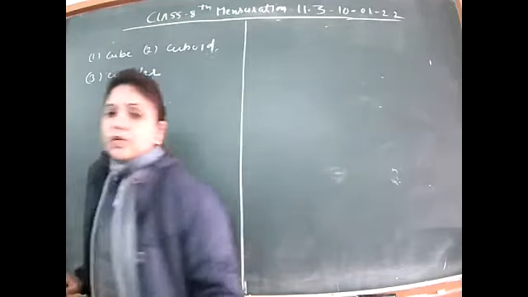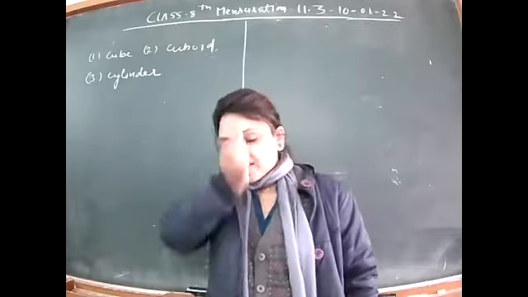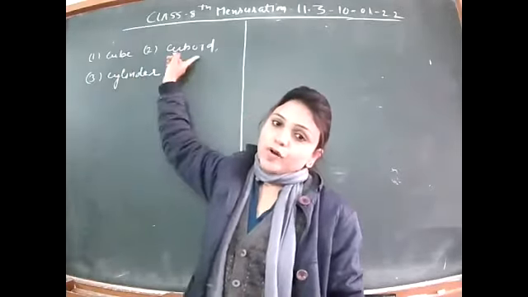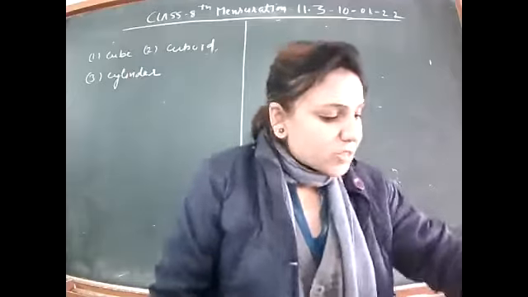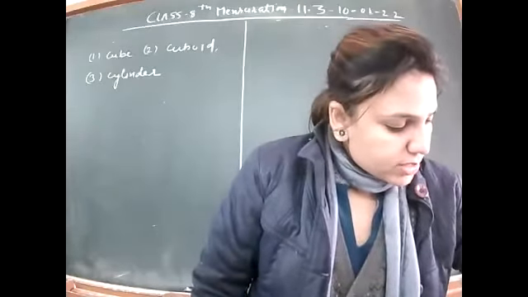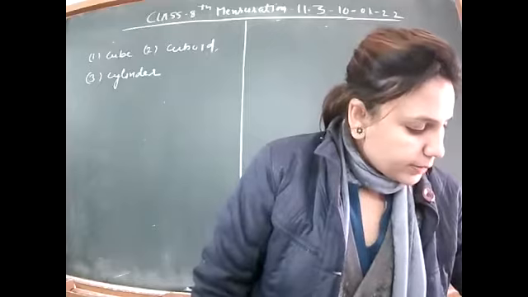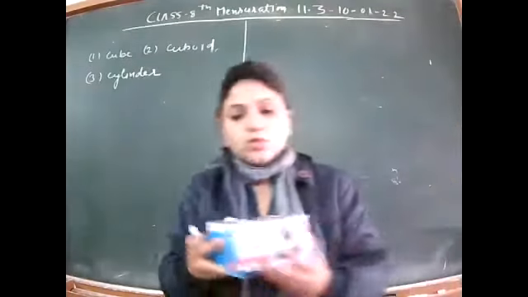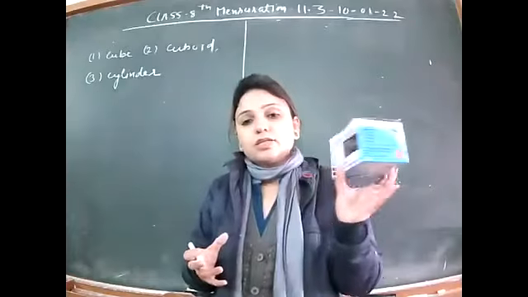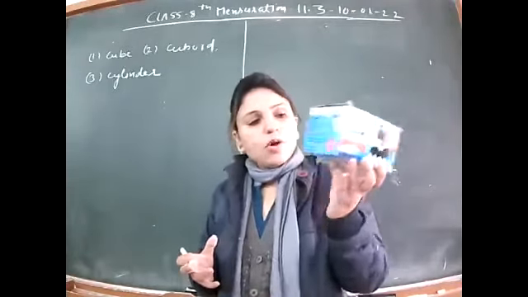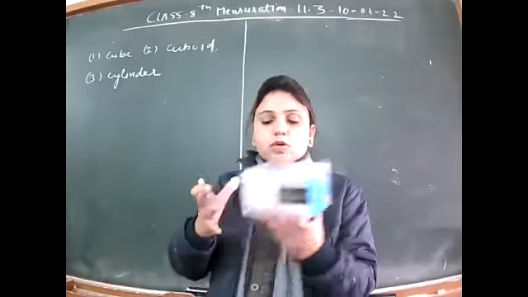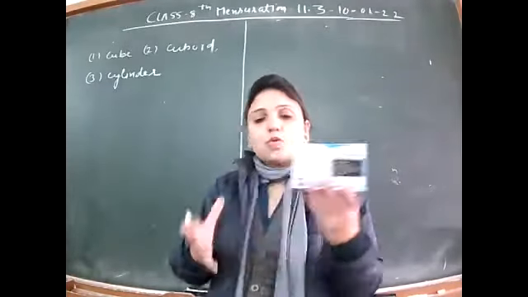Before starting the chapter, you should know about the certain formulas of cube, cuboid, and cylinder. As far as cube and cuboid are concerned, I can show you this chalk box. You can well imagine that this is the example of cube, cuboid. दोनों तरह से हम इसको देख सकते हैं. So first of all, I will discuss cuboid. Right? First geometrical 3D figure that I am going to discuss, that is cuboid.